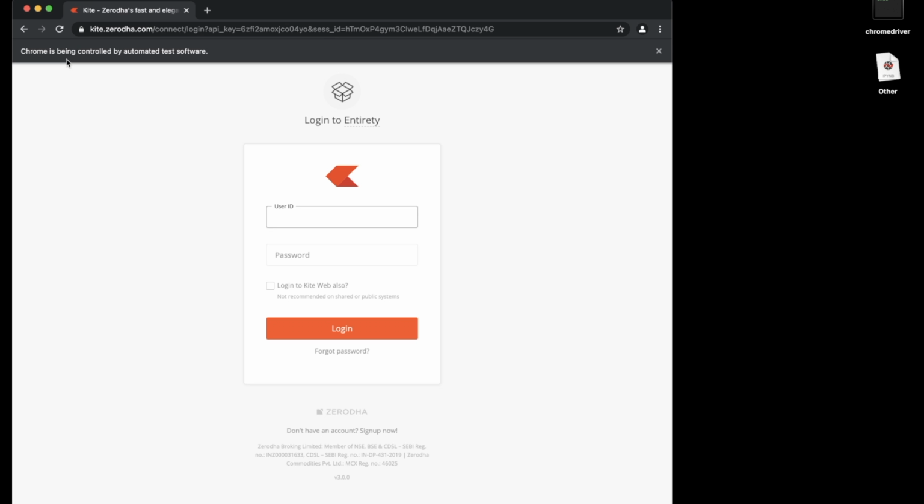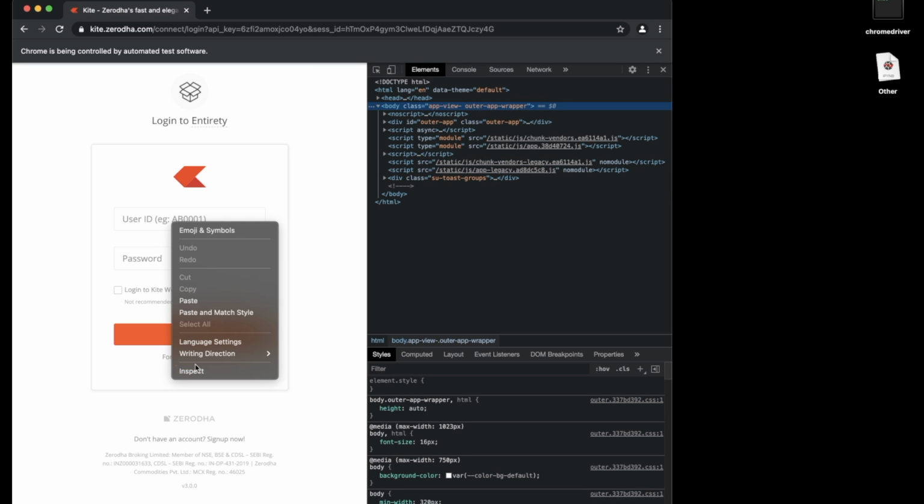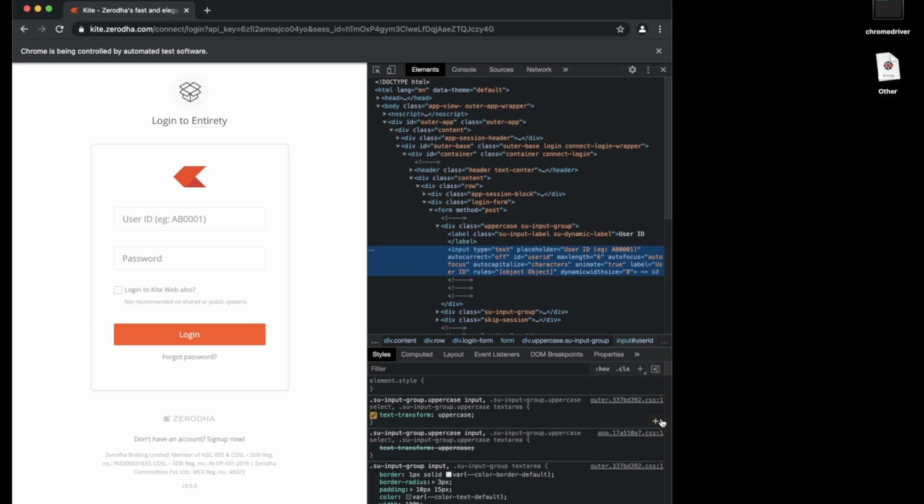So let's see. Now what we want is to fill in this form using Selenium. One way is to inspect and get the path. If we click on inspect, we can simply use copy XPath, but that is not a reliable way to go for the long term.